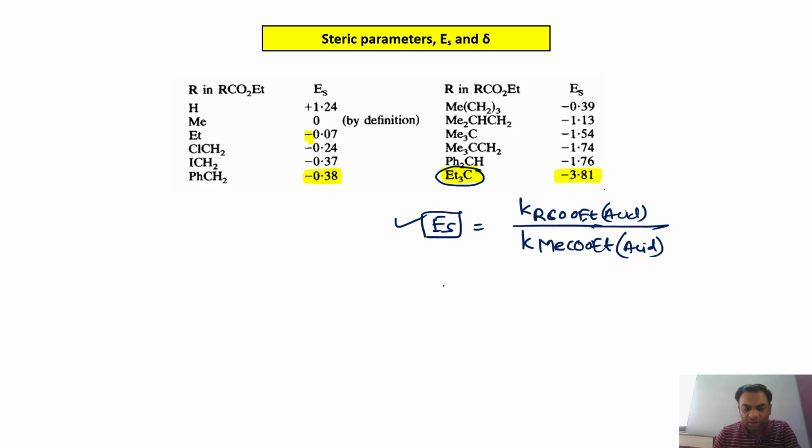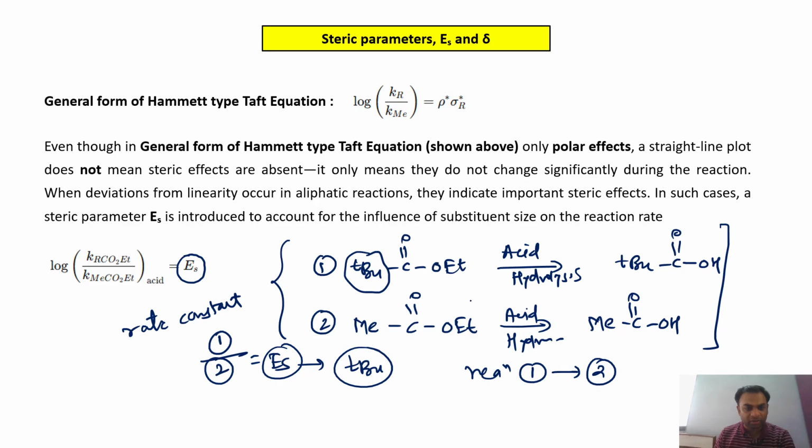Now we can put this value of ES in, and explain the departure from the straight line, and therefore the equation now becomes